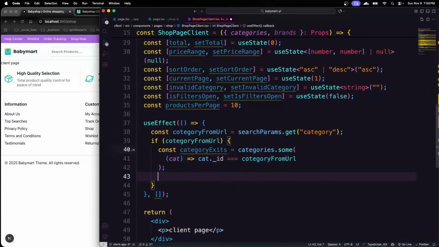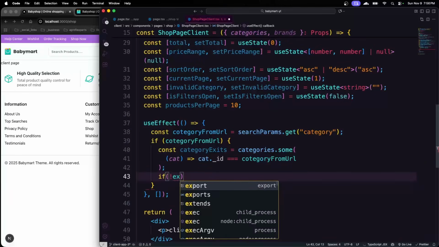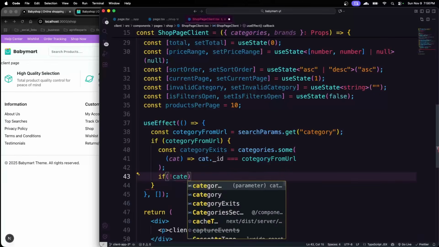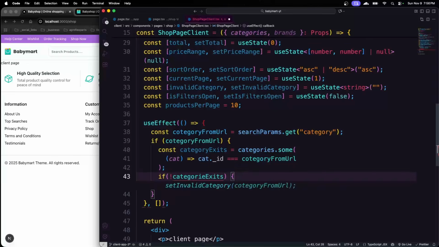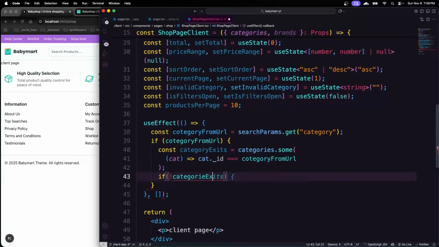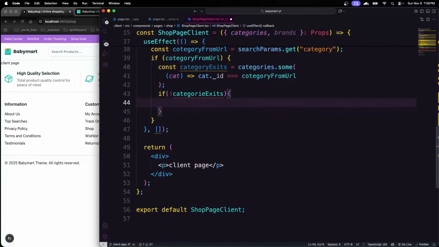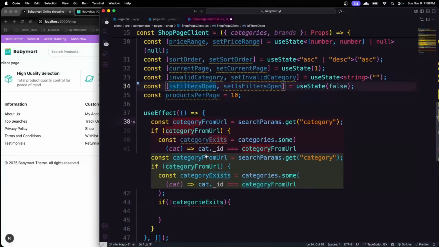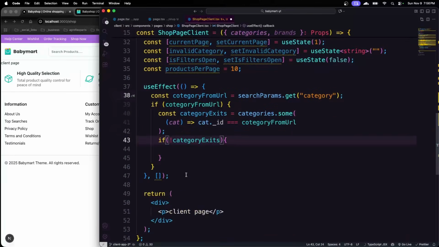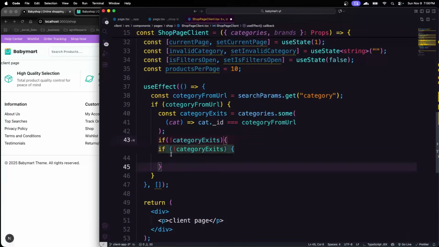Okay, so now what are we going to do if we don't have that existing category? If the category doesn't exist, the one which you're passing over here, then we're going to pass the value. And I think it's also mismanipulating the naming here. So if it doesn't have the categories,